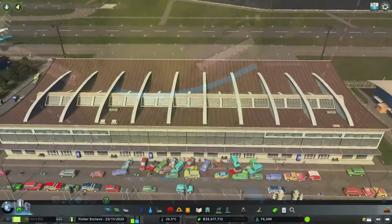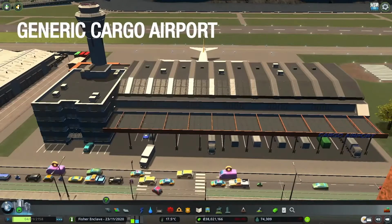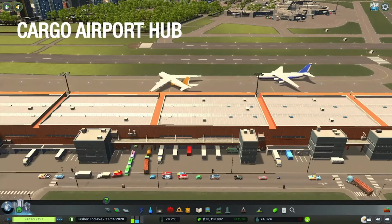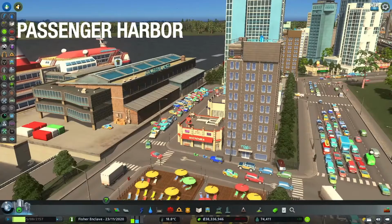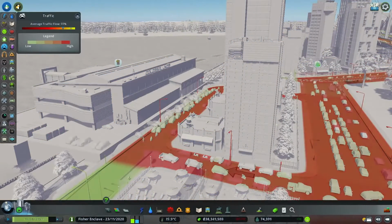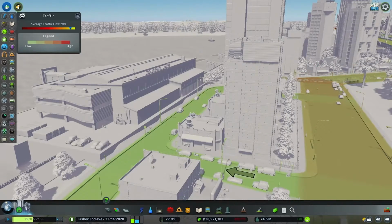And I am going to utilize every airport in the game, including the cargo airport and the cargo airport hub. And on top of that, I am going to throw in a stadium and a harbor to guarantee excessive traffic. Then we will miraculously fix the traffic back up to 92%, and this will be all done without any game-changing